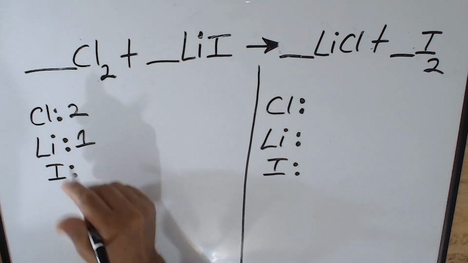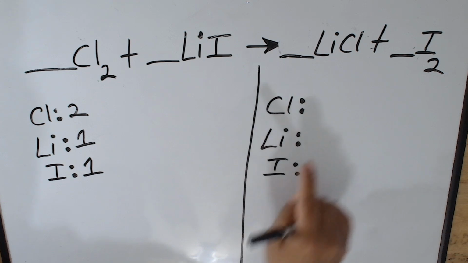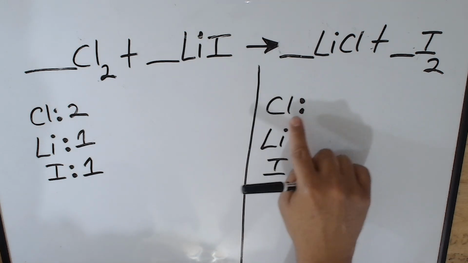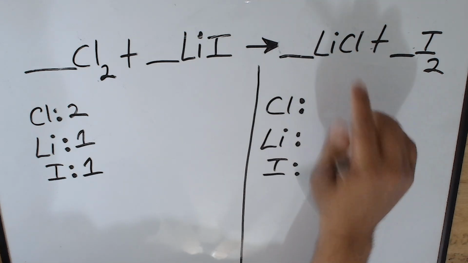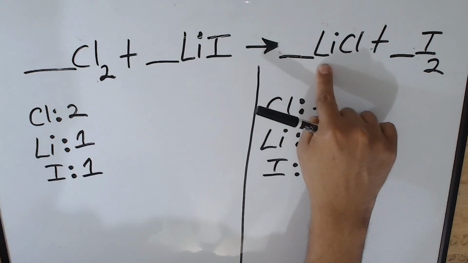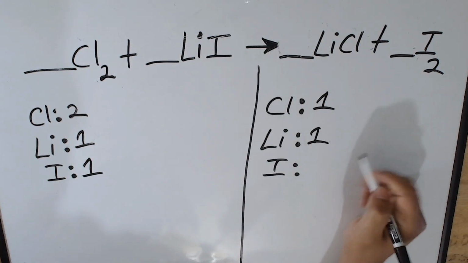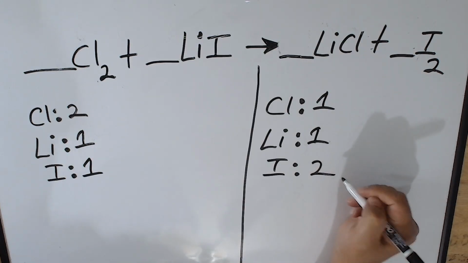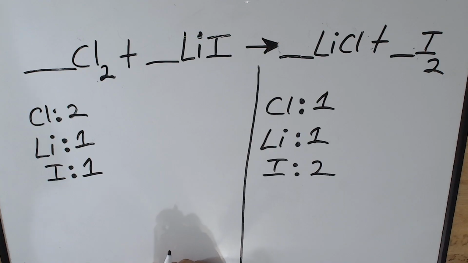The same thing with iodine. On the product side, we have 1 chlorine, 1 lithium, 2 iodines. Next, we need to identify the loner, and that is the one that is not part of a